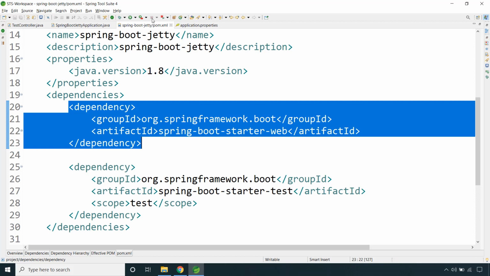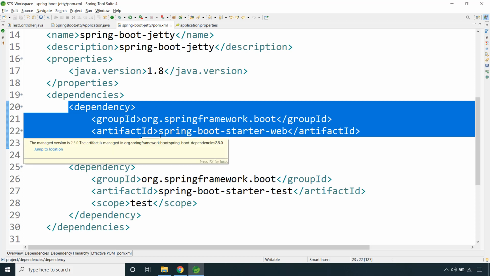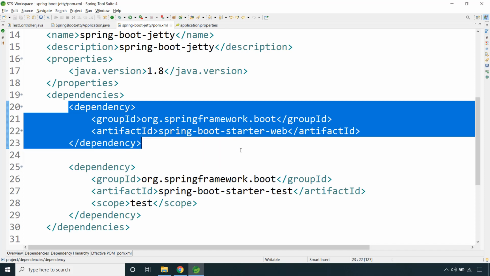So now here we want to remove the embedded Tomcat server and then we want to use embedded Jetty server. So the first thing we need to do is remove the embedded Tomcat server that by default we are getting with our Spring Boot application. One thing you need to remember is that to use the embedded Jetty and to remove the embedded Tomcat, you don't need to change anything in your code. It's just a change in your pom.xml. And if you are using Gradle, then the change is in the file build.gradle.